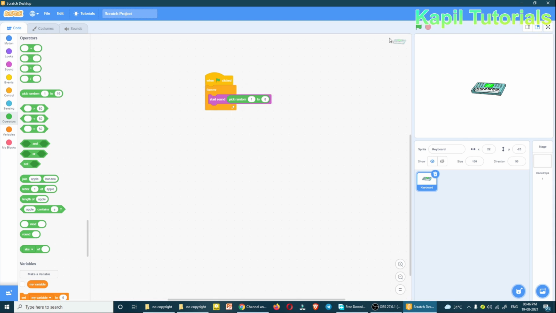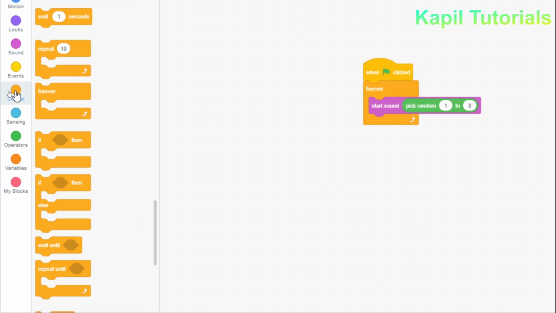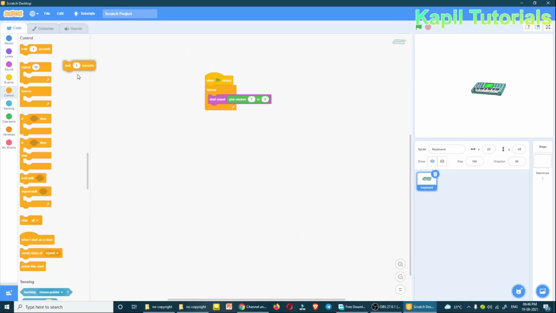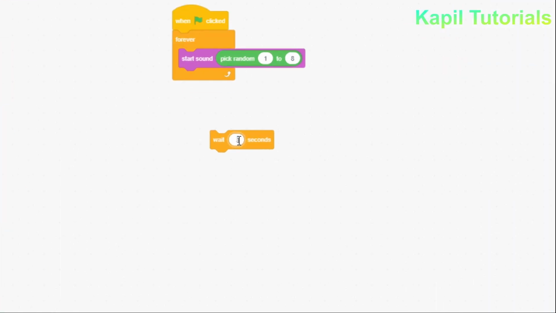Now if I play this, a very harsh sound is coming because I have not given any time interval in between. So I'll go to control, and here you will find the wait command. I'll click on the wait command, and then type 0.25.